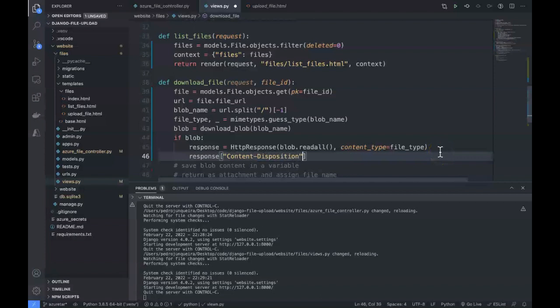I'll send you the link of a blog that explains that better. And then I'm just gonna append an f string with attachment. That's gonna be the method that I'm going to use to download the file, and the file name